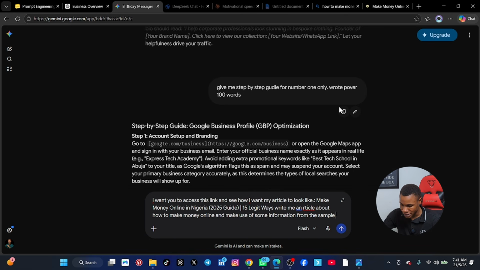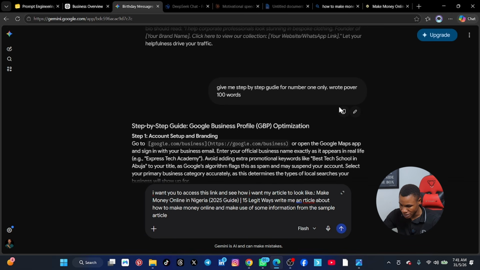All right, from the sample article given, and make it look almost exactly the same. All right, so this is how the prompt is. I've given it